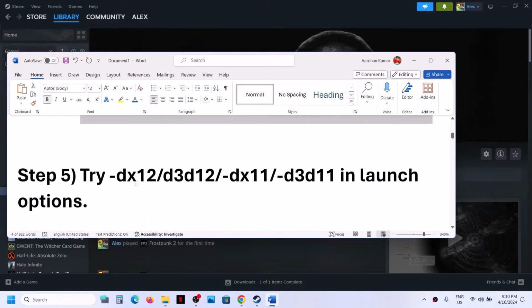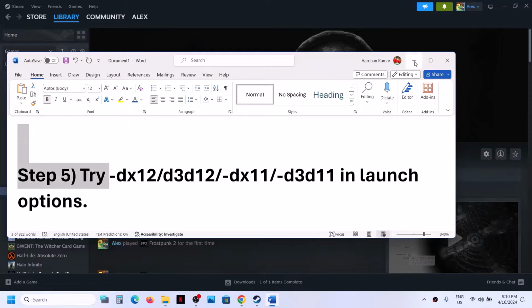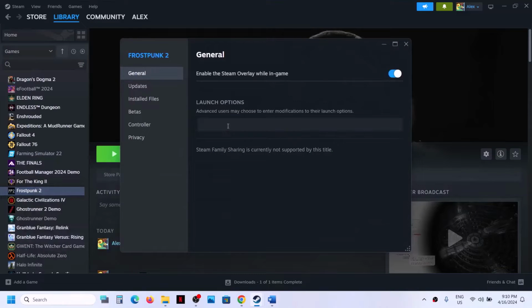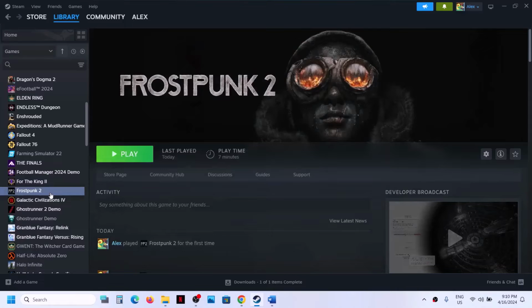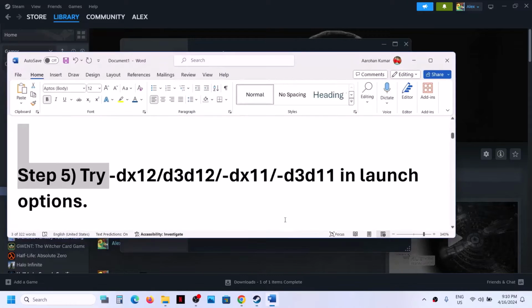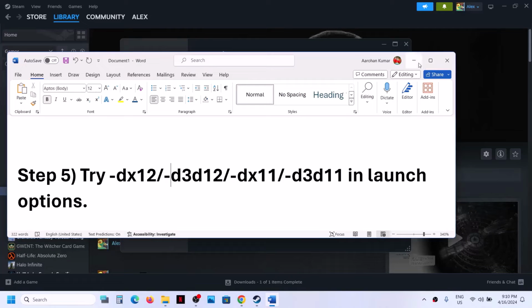Next step is to try DX12 in launch option. So make a right click on the game, select properties, and in the launch option type in -DX12. Now launch the game and then check. If that does not work, go to properties once again and this time type in